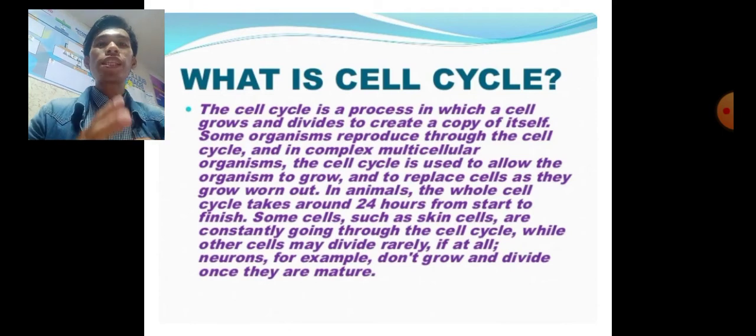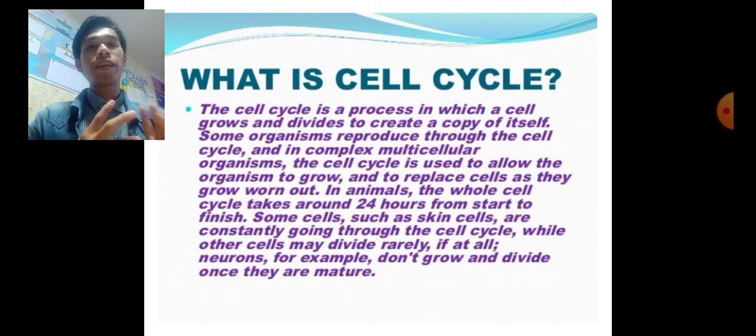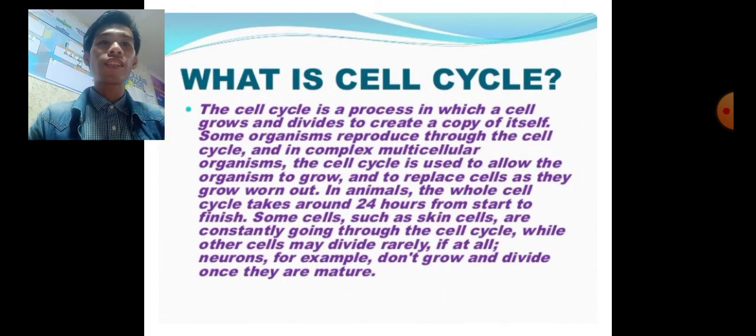So in the simplest way, the meaning of the cell cycle, ang cell cycle daw, is ito yung process na kung saan nagdi-divide or nag-create ng replication ang isang cell sa isang living organism. So, ang cell cycle kasi, isa itong way or paraan when the specific organism na mag-grow siya in order to replace and reproduce cells sa isang living organism.